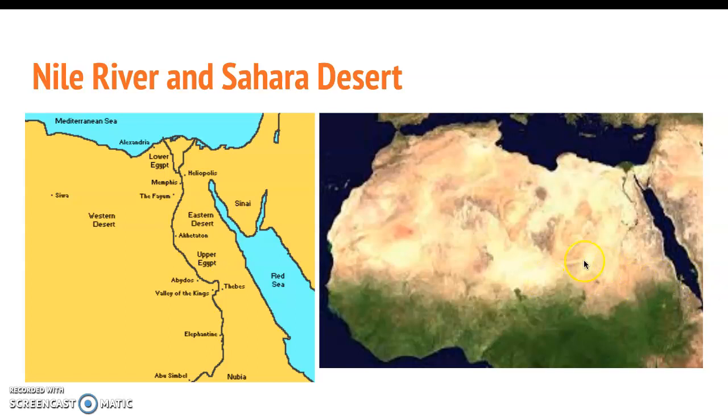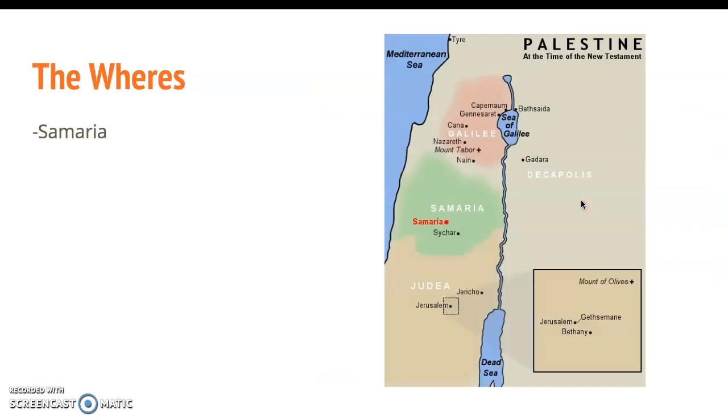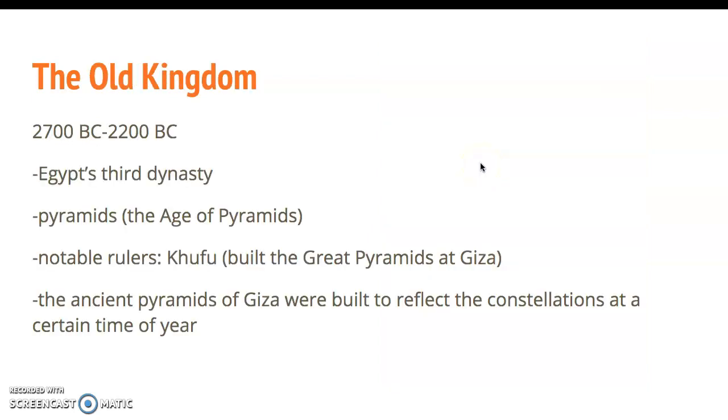Sahara Desert, really just called the Sahara because Sahara is the word for desert in that Bantu language. If you look right here, you can tell it's a desert because there's nothing green there. And we're going to eventually get into Palestine and Jerusalem, Israel, Judea, Samaria, Galilee, once we get there eventually. Here we go.